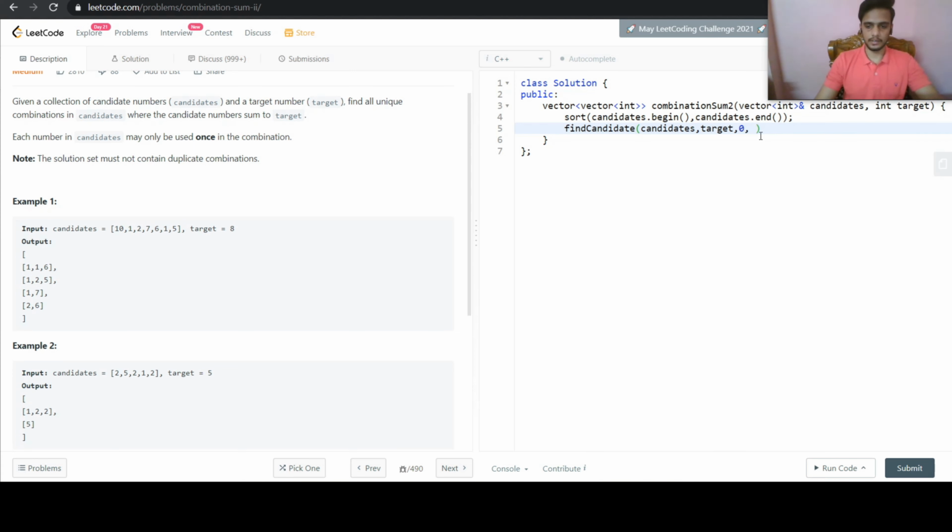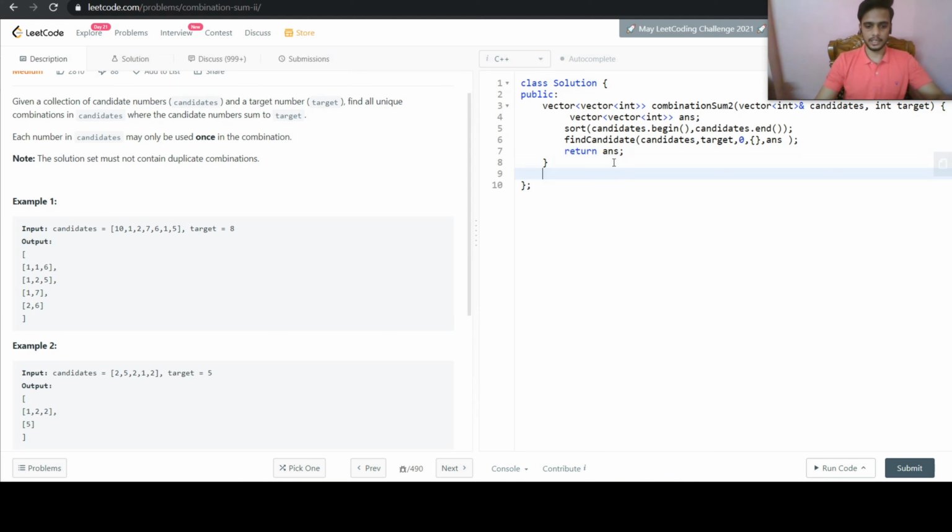Then we will give the current vector in which we will hold the values that we have consumed to reach our target, and also another vector of vector of int, where we will store our list of candidates at the end to return. So we'll name it as answer, and then we will pass it to our function, and at the end we will just return this answer.